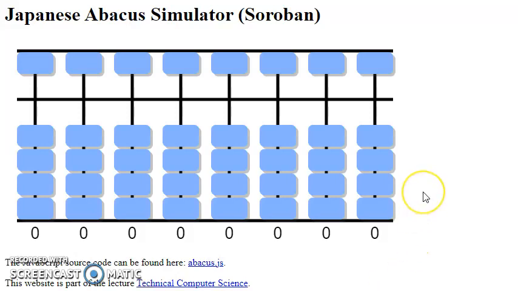Hello, here I'll give you a quick overview of the Japanese abacus simulator, Soroban. It's digital. The first column represents the units, and the 4 beads at the bottom are called the earth beads. The top beads are called the heavenly beads, and this bar across there is called the reckoning bar. As you can see, displayed below are zeros. In other words, no number has been